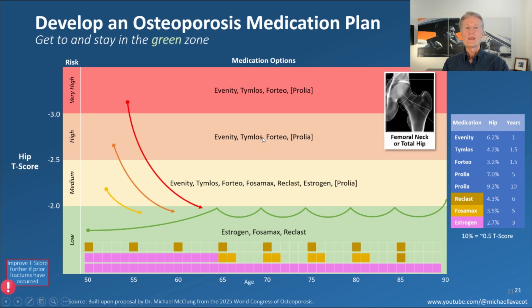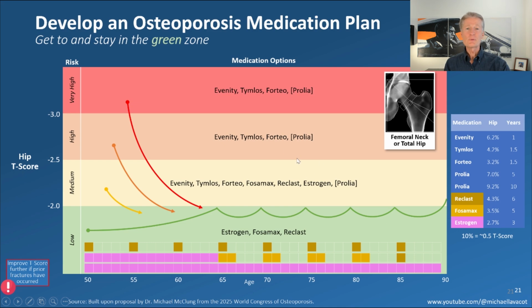Okay, let's talk about the hip. So the hip is even tougher. And if we look at our chart over here, you see lower gains to begin with in the trials. And then on top of that, 10% is only equal to about a half a T-score. So the hip is mostly this cortical hard bone, and it's very difficult to move with all of the various drugs. So if you have osteoporosis in the hip, you're going to have a tougher time, and you're going to see that in some of the examples.